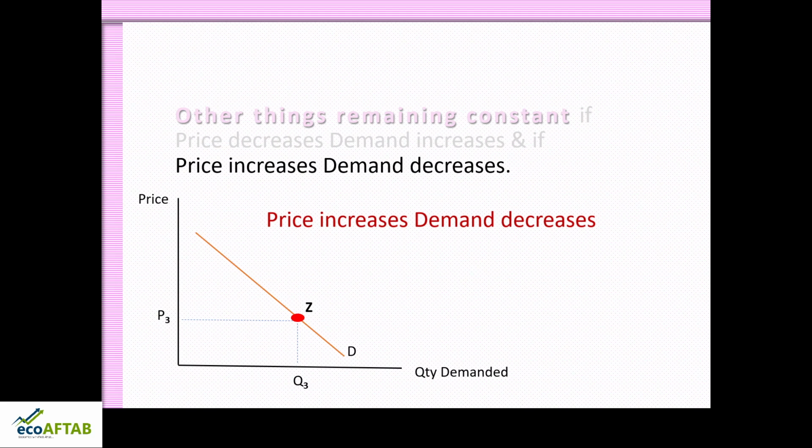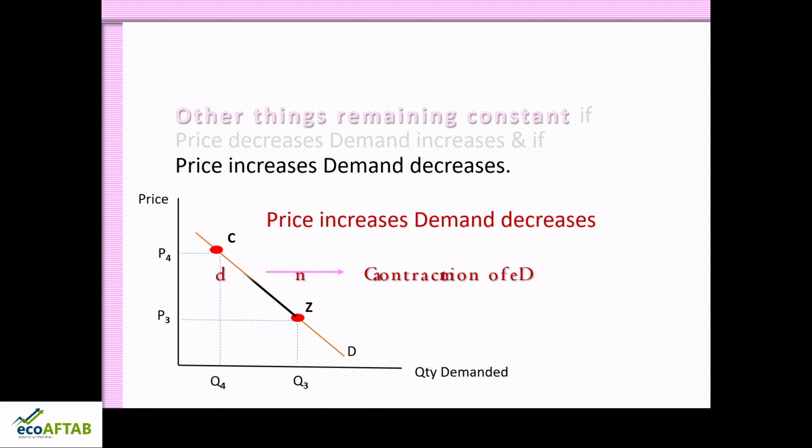Now if we assume the price increases from P3 to P4, what will happen? Any guesses? Yes, the consumer will slide up from point Z to point C. And now at this new equilibrium position, you can see when the price is P4, the consumer is buying a reduced amount of quantity, that is Q4. So there is a reduction in quantity from OQ3 to OQ4. This movement from point Z to point C is called